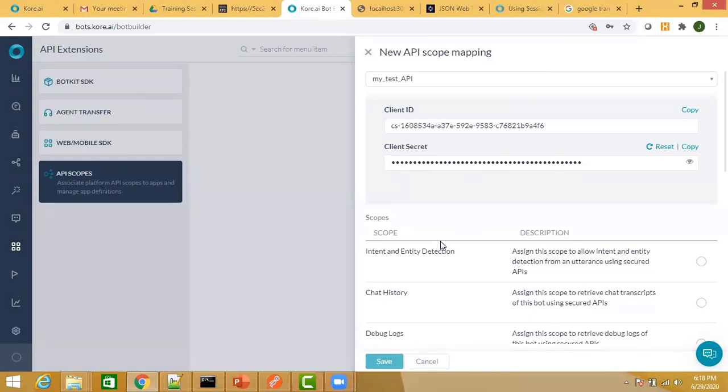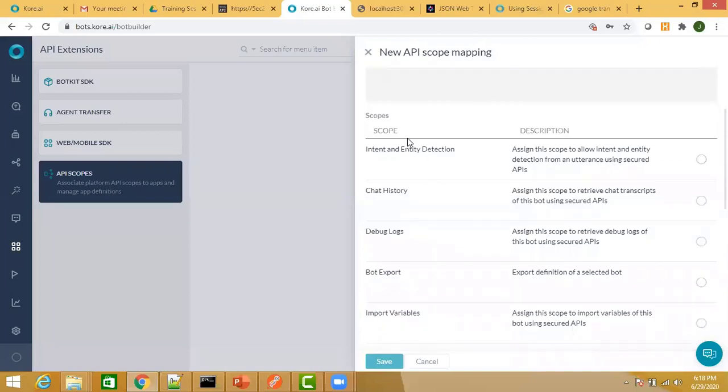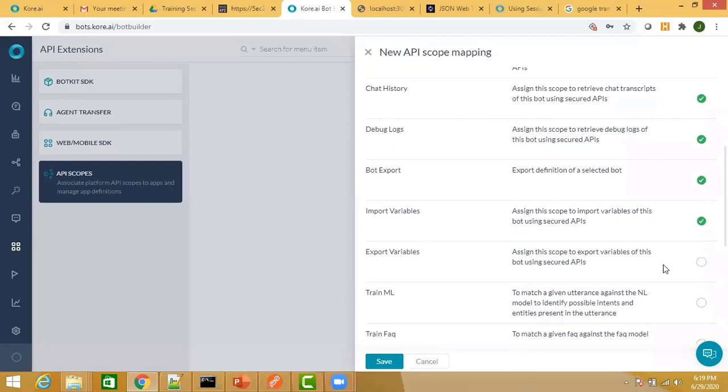The next is you enable those APIs that you want to enable for this particular app. So select the ones that you want the users and developers to access. Using API, I'm going to do intent and entity detection. So I enable this API. I'm going to fetch the chat history. If you want your debug logs to be fetched, if you want to perform bot export, if you want to import variables, that is your environmental variables and all. If you want to export variables, train ML,